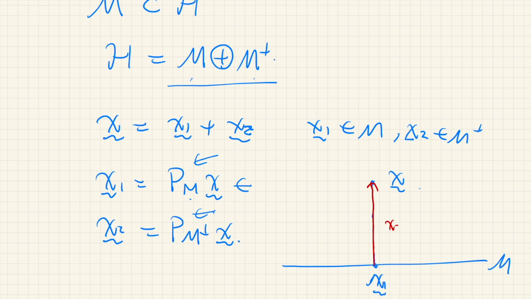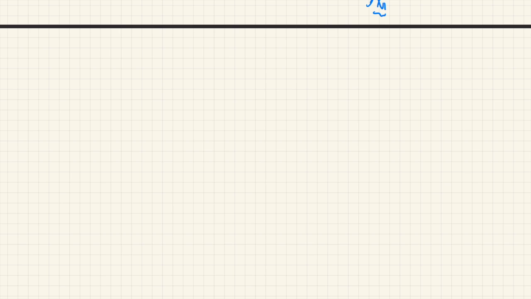Okay. x2 is x minus x1. And we have seen that this is orthogonal to M. So this is why we call this an orthogonal decomposition of X. And I say this is a projection operator, and this does indeed have the properties of a projection operator, as